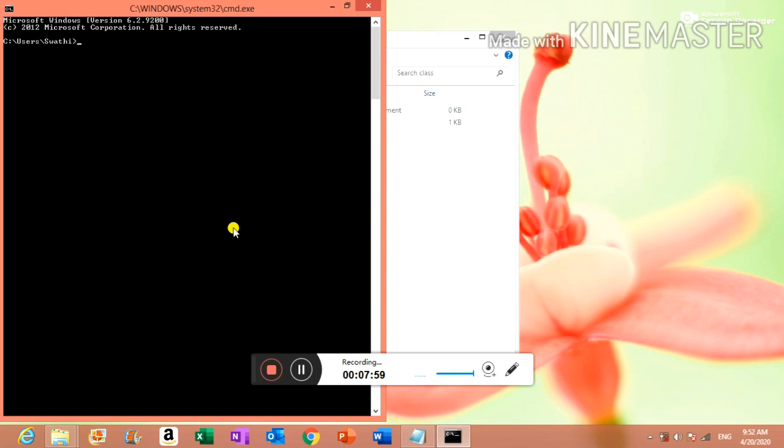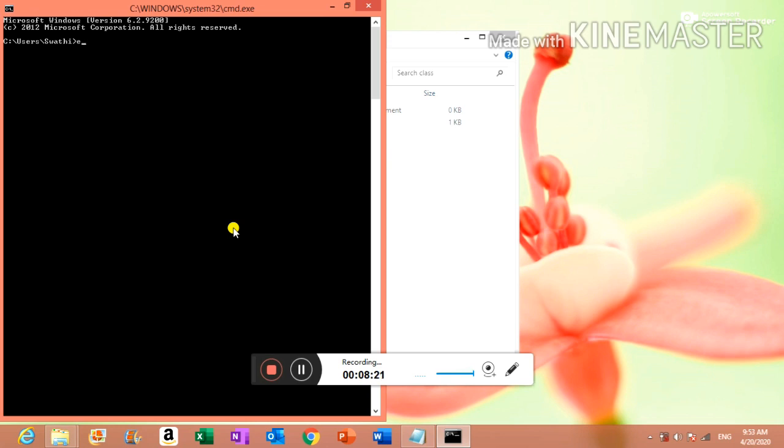So I need to navigate to that location in order to compile my file. At present my cursor is in C drive, user Swati, but I need to change the directory to where my file is available in order to successfully compile and run the program.